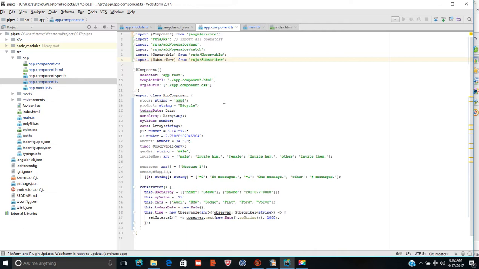So I define a bunch of attributes here because I'm going to be operating on them with pipes. So I have a stock, which is in lowercase. I have a product, which is a bicycle. It has an uppercase B. I have today's date, which is of type date. I have a user array, a my value, a cars array, the number pi, the number e, an amount, which is a number type. We have time, which is an observable, gender, which is defined as male, and an invite map,